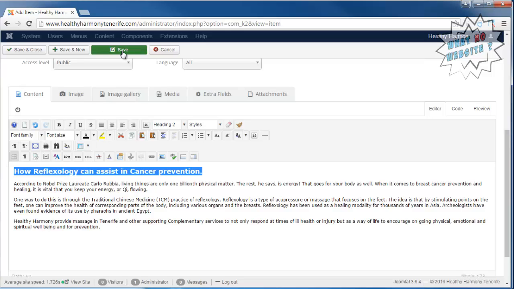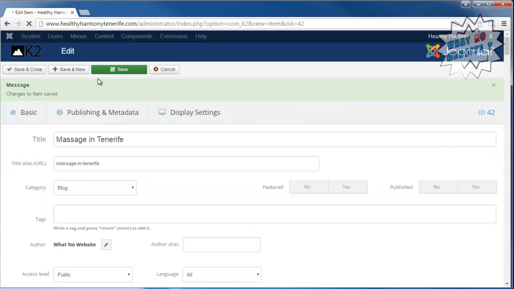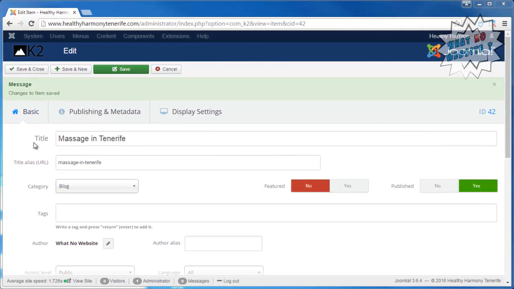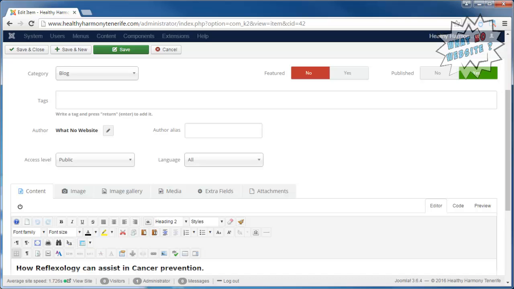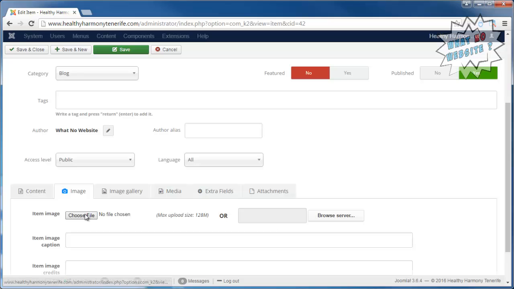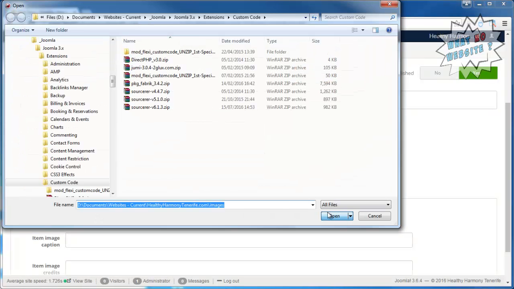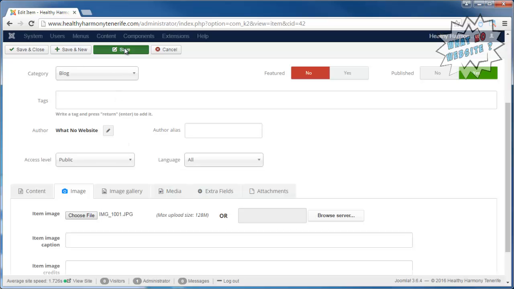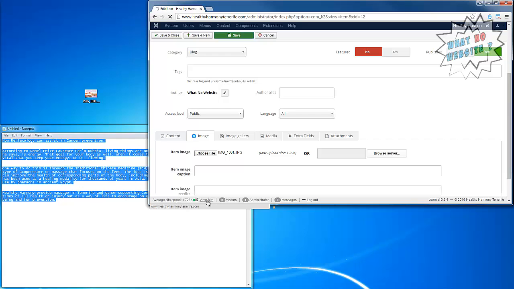Before I go any further, I'm just going to hit save. And we've got an image here on the desktop, which I'm going to add as well. Well, actually, I think it's in the customers folder. So let's go to image, go to the project folder, and there's the image. There we go. Save. Now if I preview the website now,